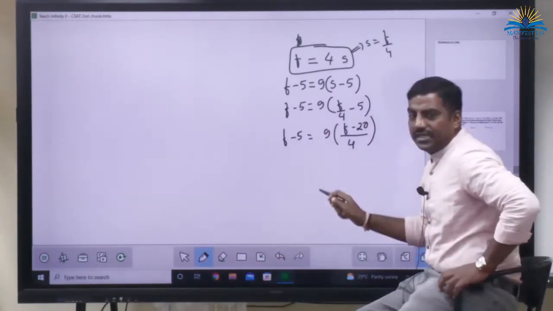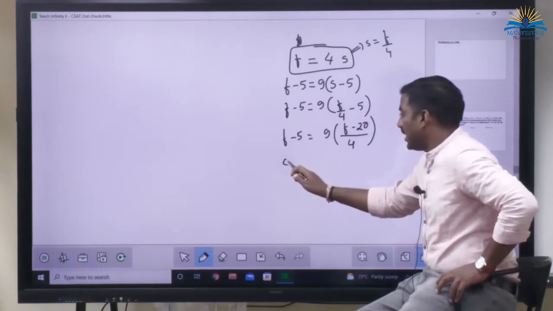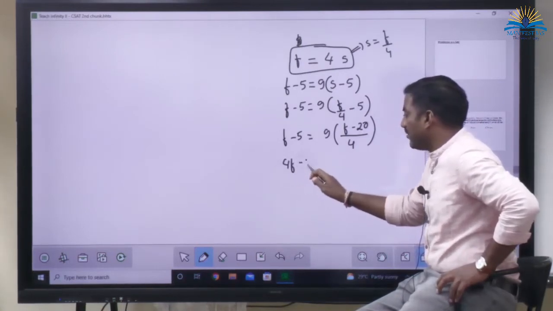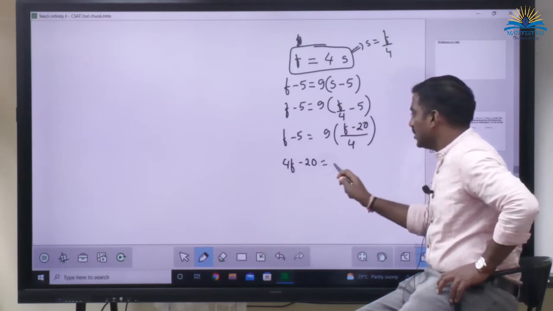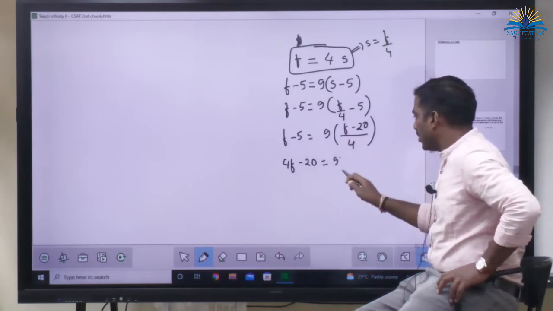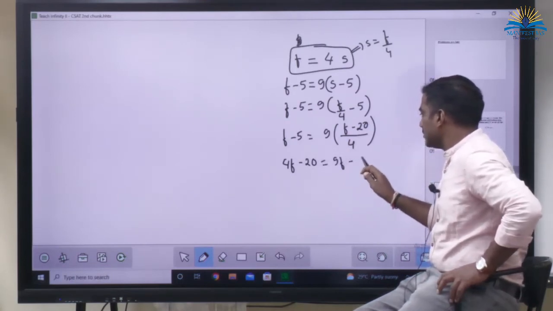Now 4 will go this side. While multiplying, be careful. You have to multiply with every term. Now 9F minus